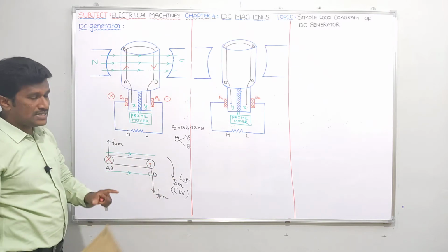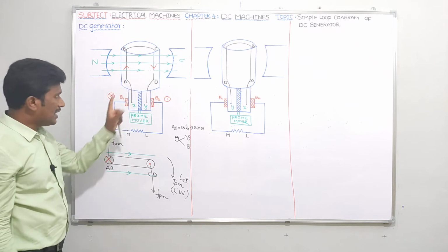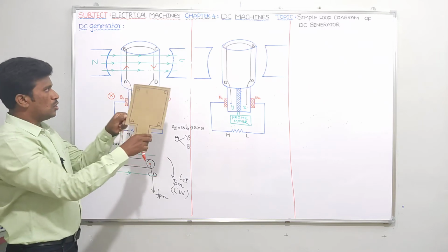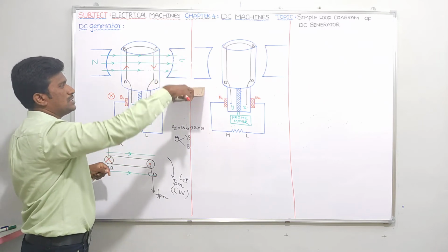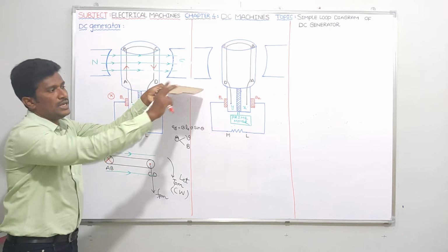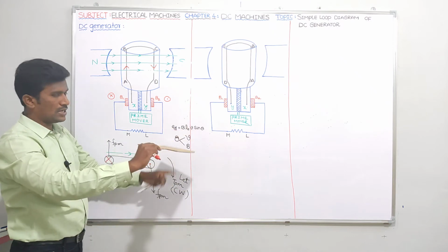Okay, so please guys don't get confused with these arrow marks. For that, what I am saying is please try to use the coil like this. So instead of placing like this, please place your ABCD coil like this, then you will have clarity. And rotate it. Rotate the direction of TPM. Please try to show it in clockwise direction.